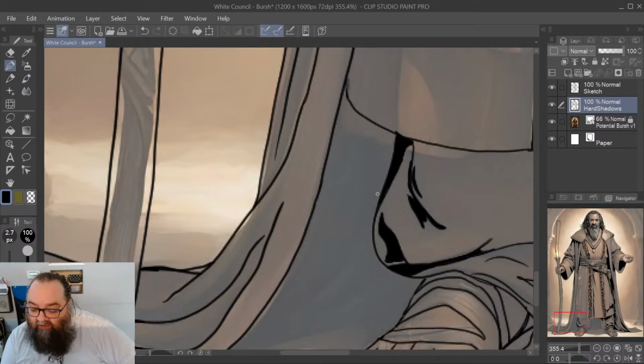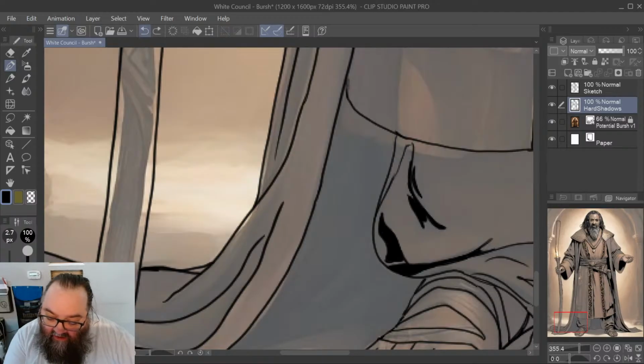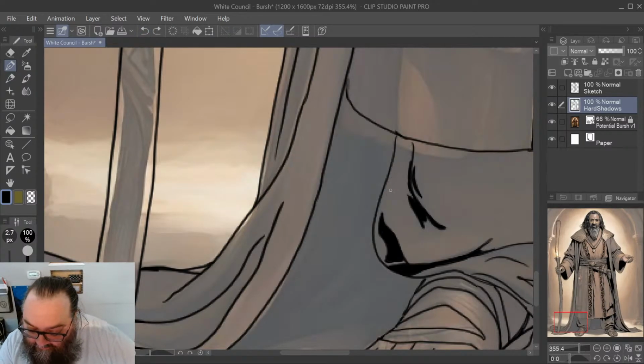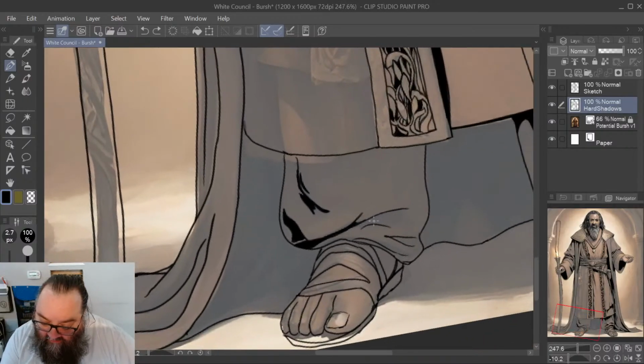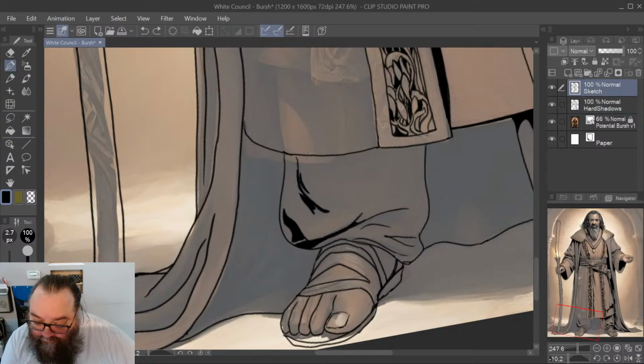So when I put in a shadow like this, I sort of immediately regret it. I'm going to take it back out. The reason why is I intend to make this whole space black. And if I put in this shadow, this curve of his cloth pants coming down is going to go away.